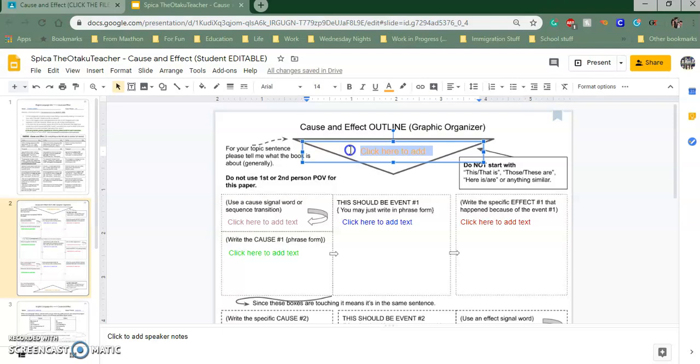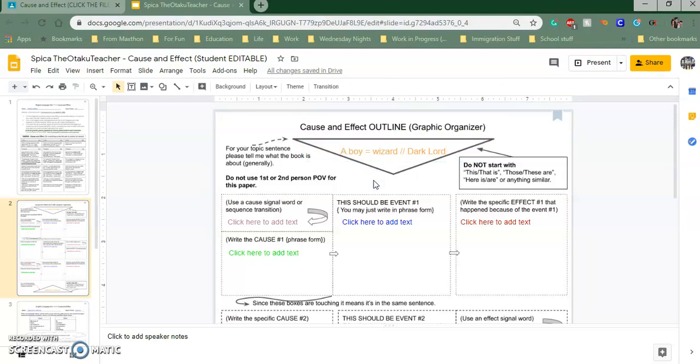So my topic sentence would be, this is the outline. All you need to do are phrases. The only thing you have to do are phrases. So I'm just going to be typing a boy who's a wizard, because I know that he will be a wizard. And then I'm going to go with Dark Lord, because I'm going to put that in a sentence here in a little bit. But that's how I'm going to write my